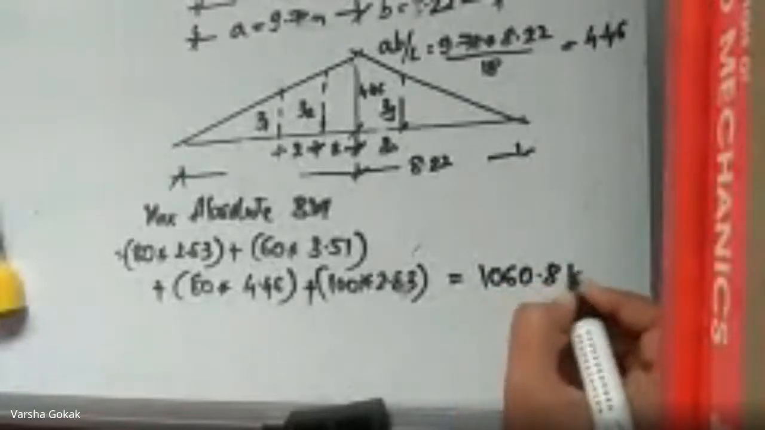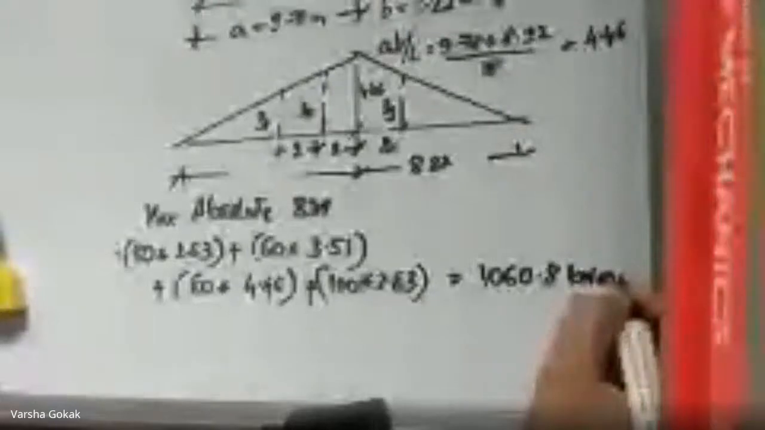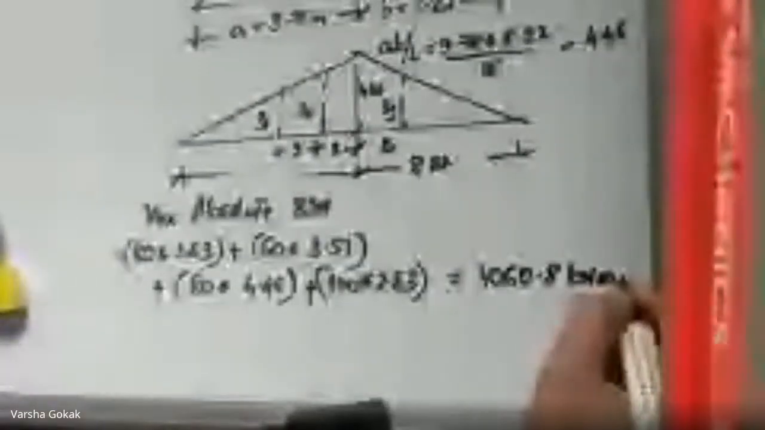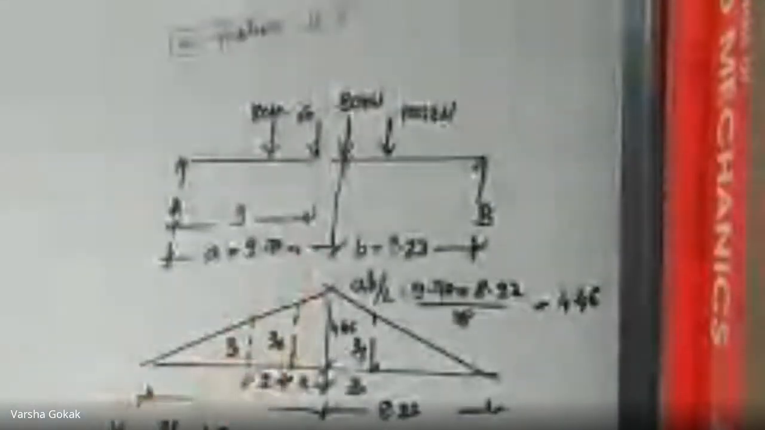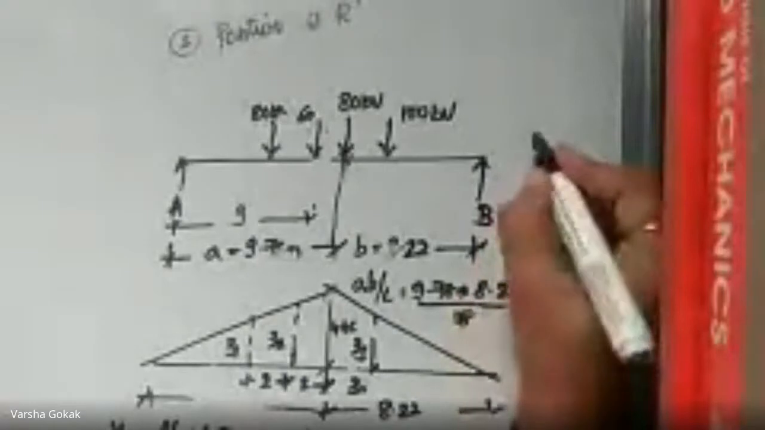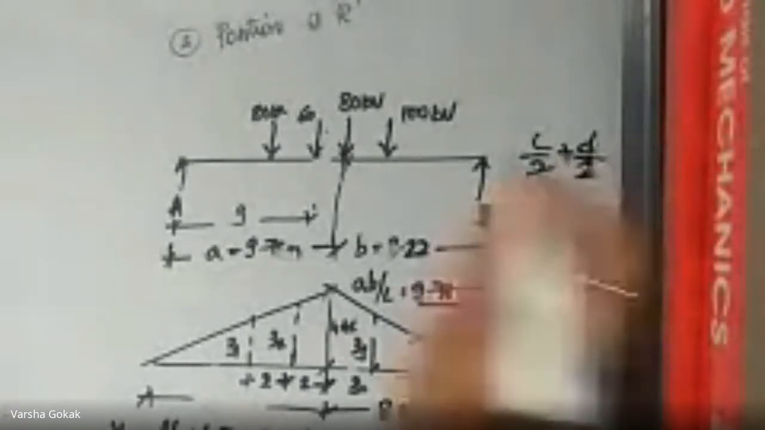Ma'am, 1060.8 kilonewton meter. Okay. Any doubts? So for absolute bending moment, this is another method, and I feel this would be easier: direct application of your formula, that is L by 2 plus D by 2. You place the load at